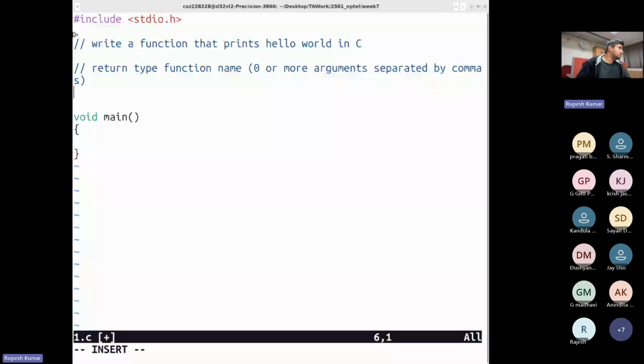A hint is how I'm declaring the function main. Its name is main, I'm passing no arguments to the function, thereby opening and closed small brackets with no contents in it. And then I'm defining the return type, which is void here. Everyone, any idea what this void means? Am I audible?